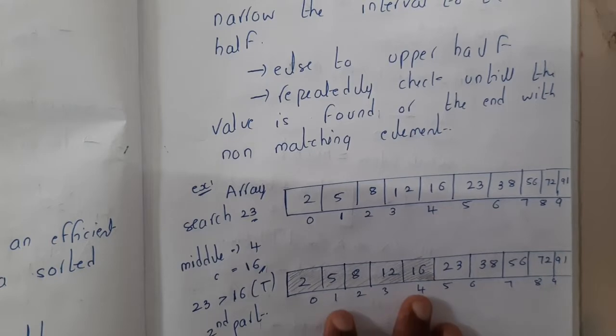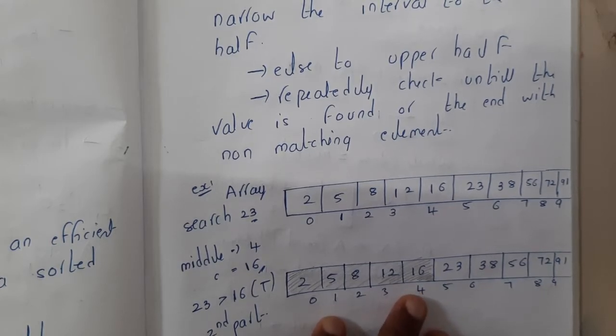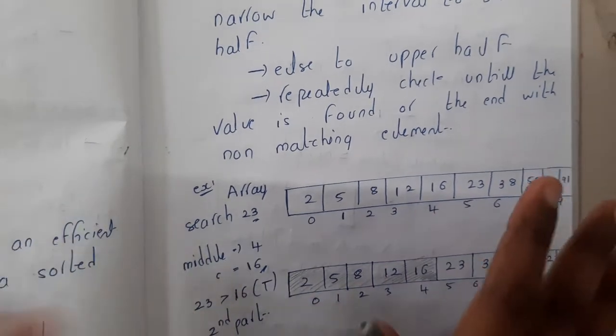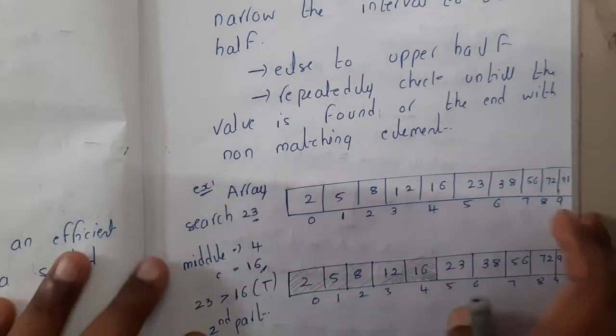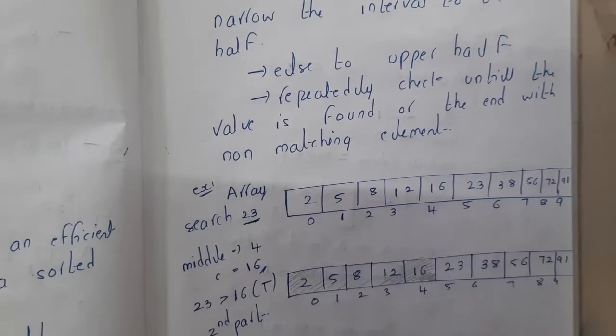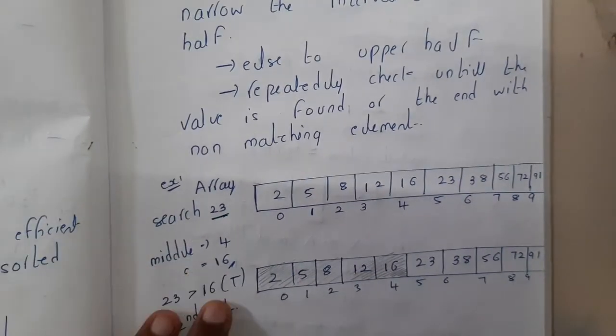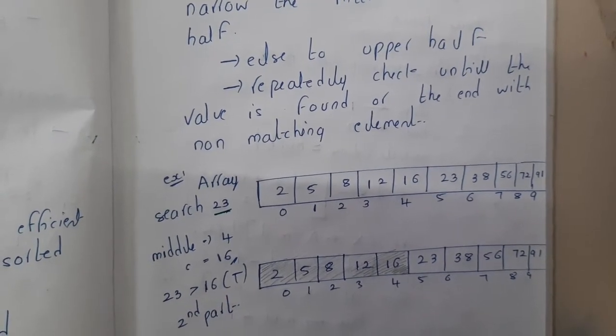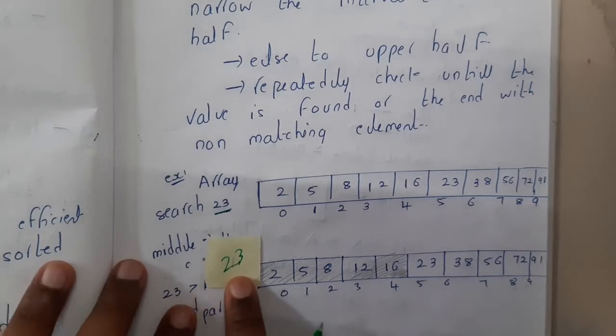Got it? Yes. So your question will be, okay, so why do we need sorted arrays? What if I give an unsorted array? So how binary search works is, assume that I am searching for key 23, guys. So let me take a piece of paper and write 23 on it. So I am searching for 23, right?